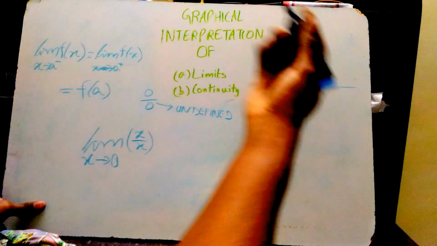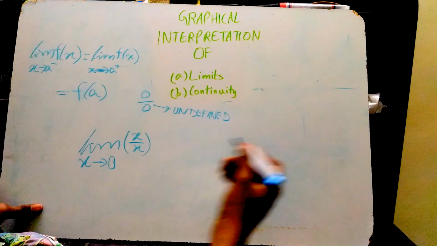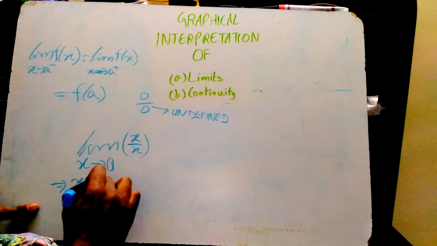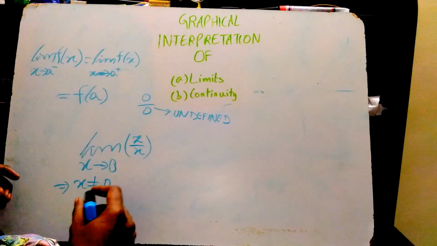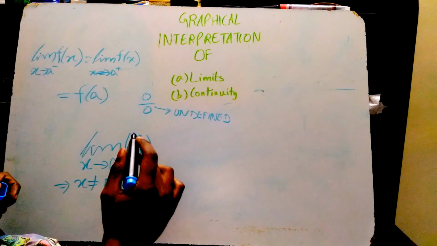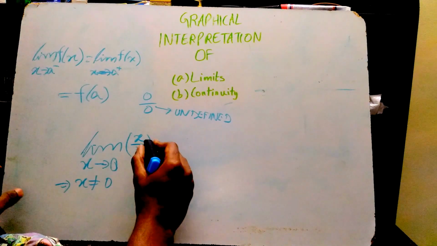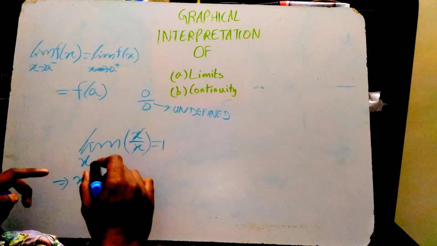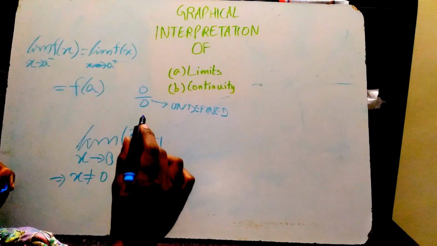So here we have to use the concepts which we went through. Now x tends to 0, but this implies x is never going to be equal to 0. So this is a non-zero number, so you can cancel the x and x and get 1. So basically the limit x tends to 0 of x square by x is 1.